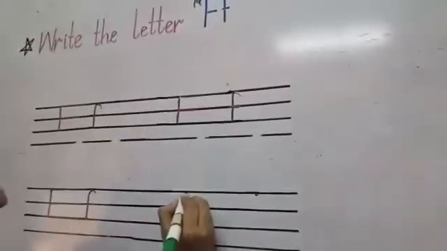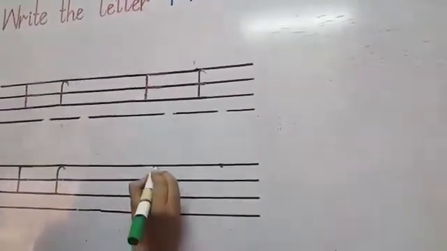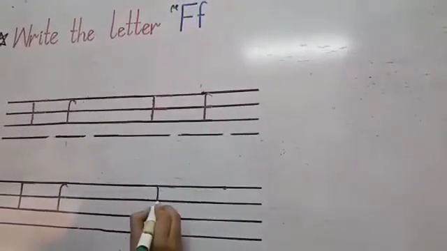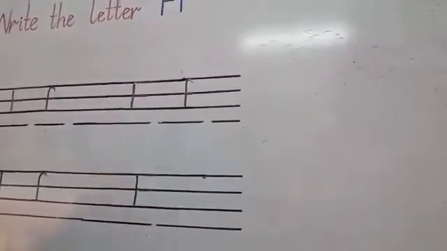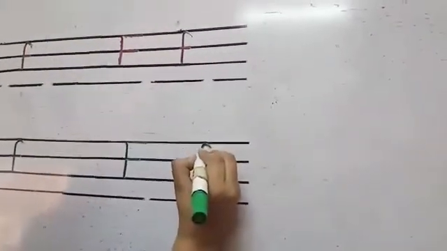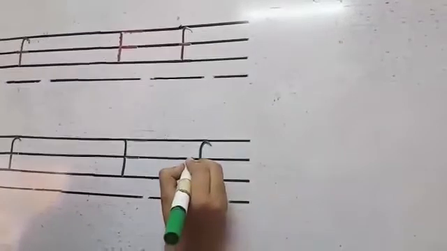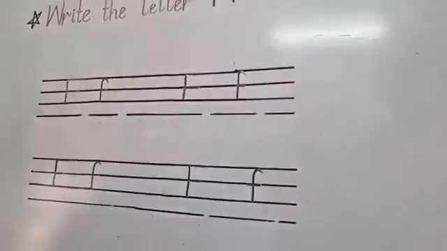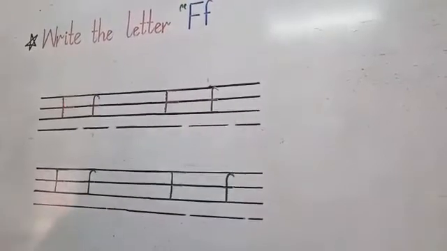Okay, now we write F. Put the pencil on the dot and make a straight line. Down, down, touch the third line. Now make a skipping line on the first line like this, and a second skipping line on the second line like this. It will become F. Now we write the sound. Start from one point, down, go up, make it round, go straight, down and down, touch the third line. Now make a skipping line on the second line like this. Okay students, now tell me, what did we write today? F sound.